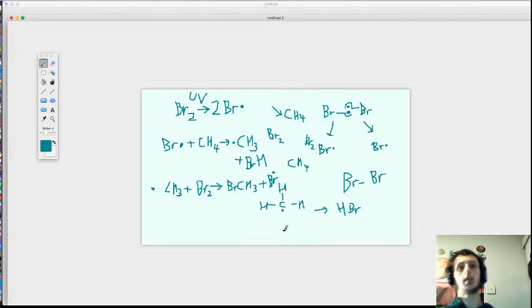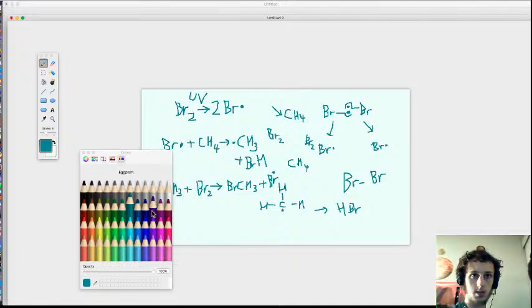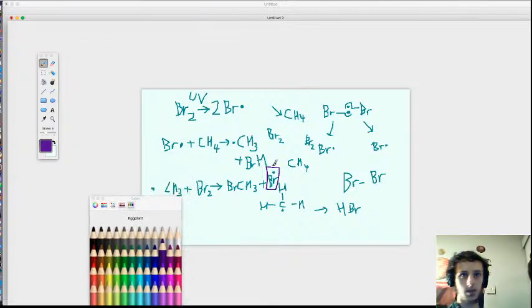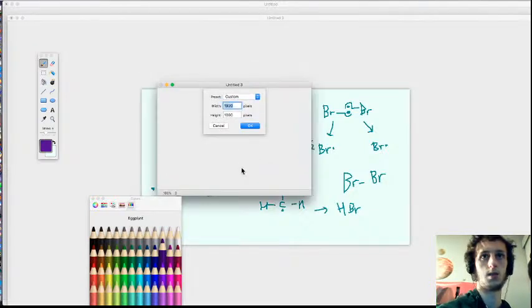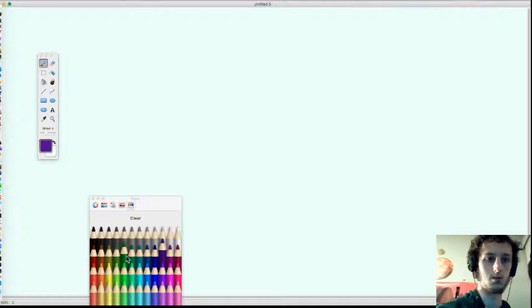But the thing is, from this process, we've ended up with another bromine radical. So we started with a bromine particle, we split into two, but only one of them got used. What it means is because we get another one, we can throw this back in the start, and we can just keep looping this forever, basically. So what does this mean? That's a great question. What it means is